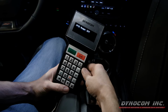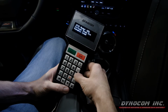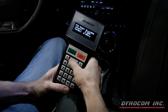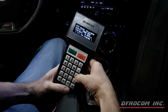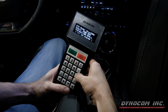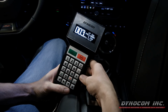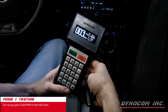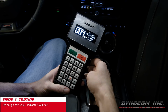So back on our PID mode screen, we're going to navigate to accel RPM, select our start point at 2500, set our target, we'll say 500. And now for this test, we cannot go past 2500 or the test will start. We want to get up to gear